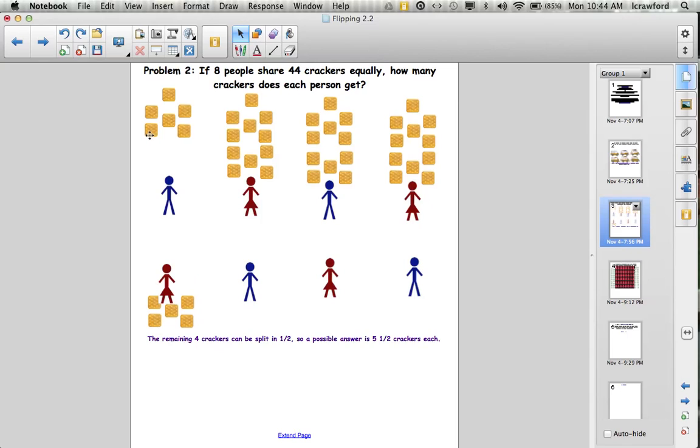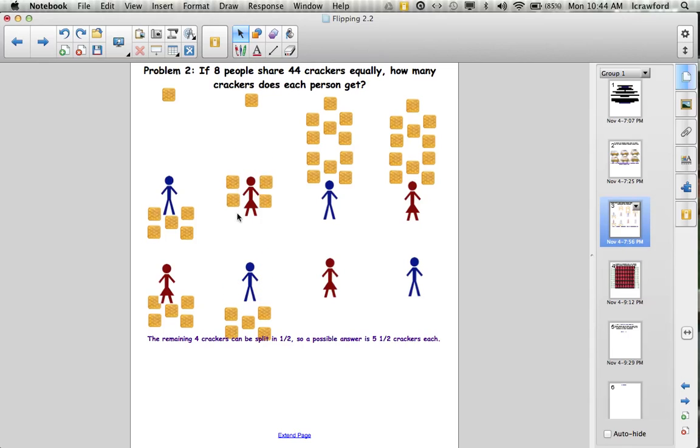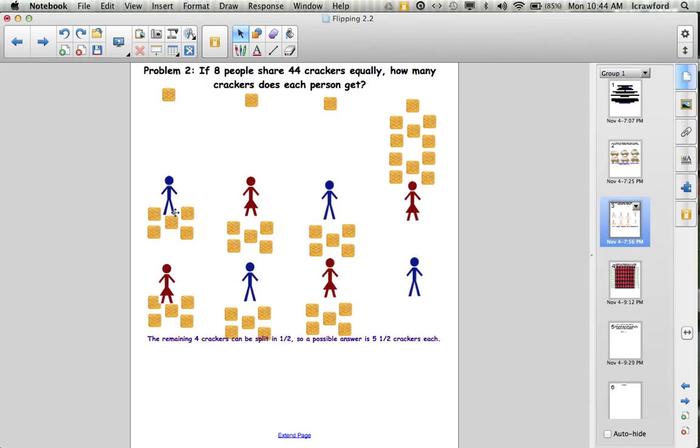Okay, she gets 5 and he gets 5, that's 10, and he gets 5, and she gets 5, that's another 10, that's 20. She gets 5 and he gets 5. We now have 5, 10, 15, 20, 25, 30, and we have 5 more here for him and 5 more